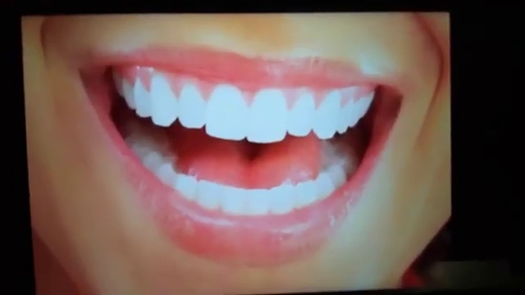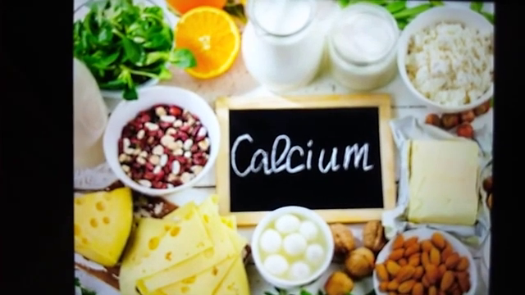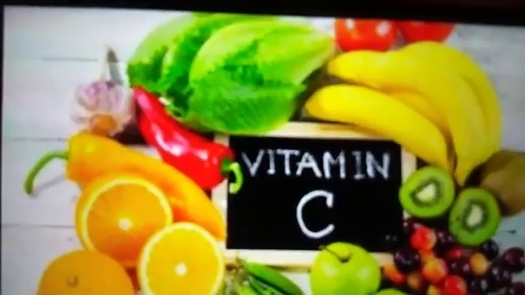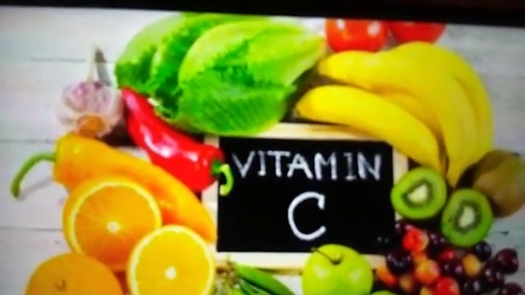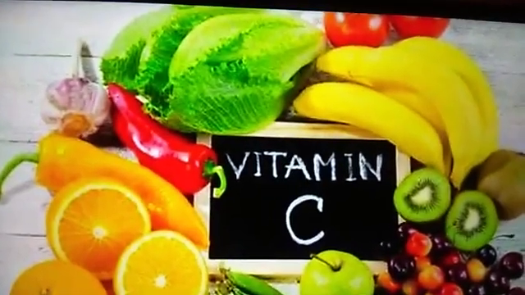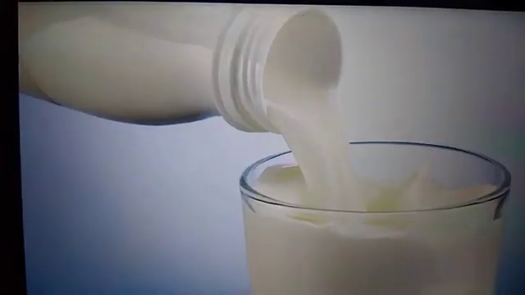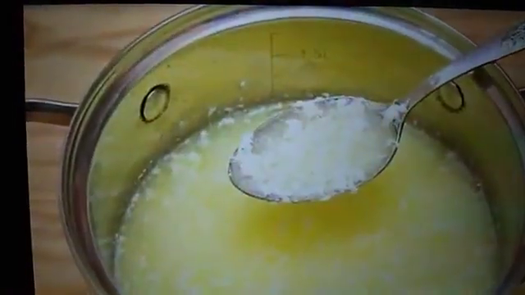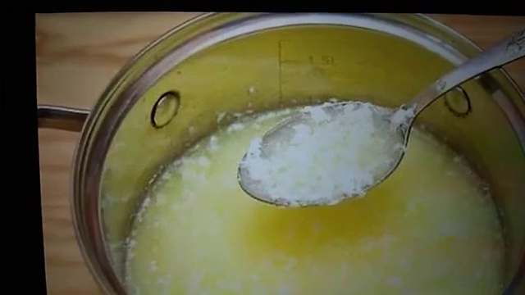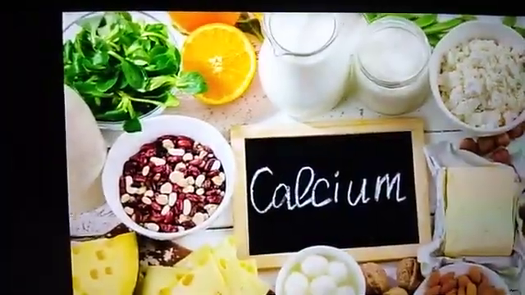For healthy teeth and gums, calcium and vitamin C are necessary. So make sure you have milk, cheese, curd, etc., which are rich sources of calcium.